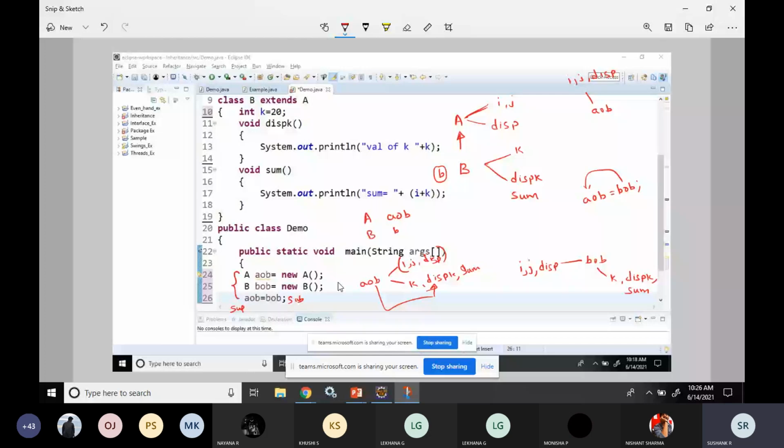After that, I did the assignment. The superclass object contained the subclass object. That is what I was telling.